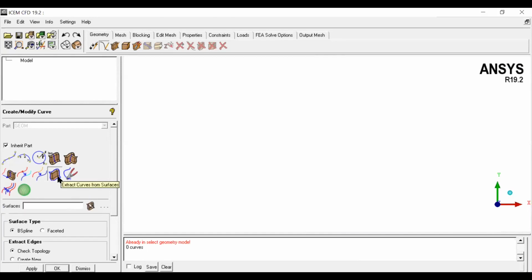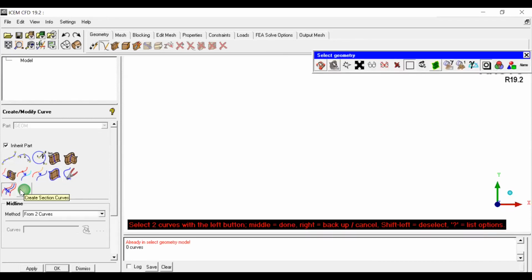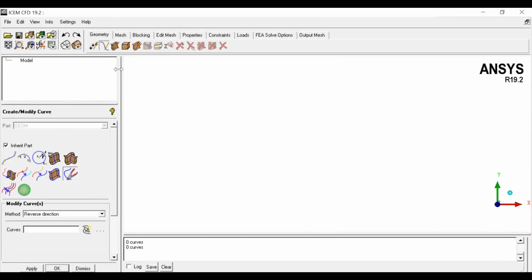Surface type: if you have a surface and you don't have lines on the surface, they can be generated, which is very similar to point surface, where we used the B-spline method, where we have a line but we don't have points at the end. That can be generated. Similarly, here also we have a surface but we don't have lines on it, so they can be generated. Midlines: to generate a midline between two existing lines using two curves, that can also be done. And the next command is the surface command.